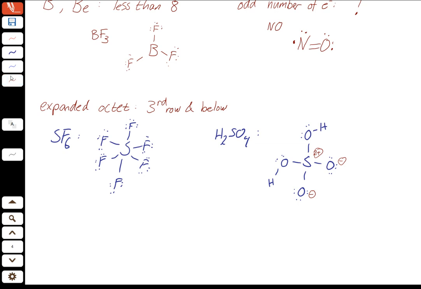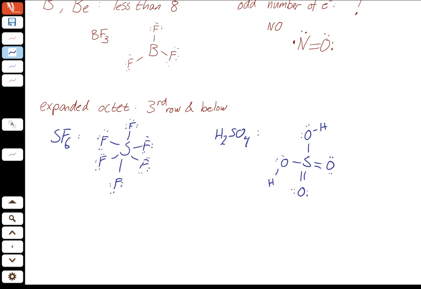So if instead we make double bonds to the oxygens like that, now we have neutral formal charges all the way around. So we don't have those minus and plus formal charges. But sulfur has 2, 4, 6, 8, 10, 12 electrons around it. Again, violating that